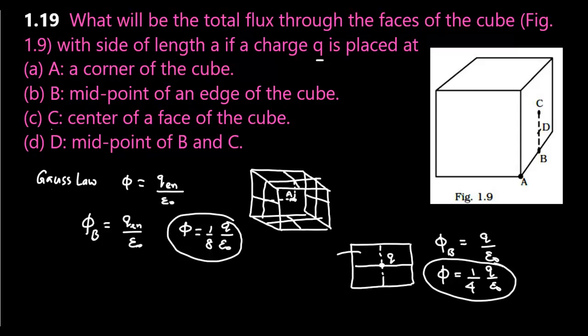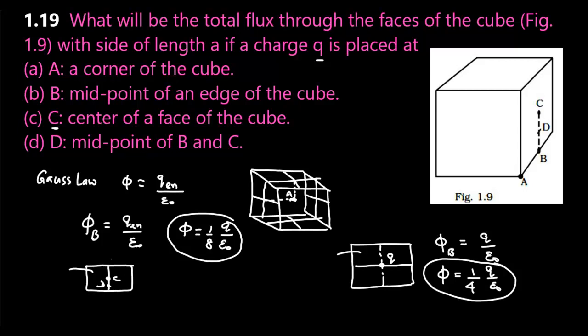Now when the charge is placed at point C, similarly in order to enclose the given charge inside some Gaussian surface, we consider just 2 cubes side by side. This is our given cube, and this is another cube which we place with this given cube such that point C lies here. And similarly for the next part, when the charge is placed at point D, we can solve both these points simultaneously. Whether the charge is placed at point C or at point D,